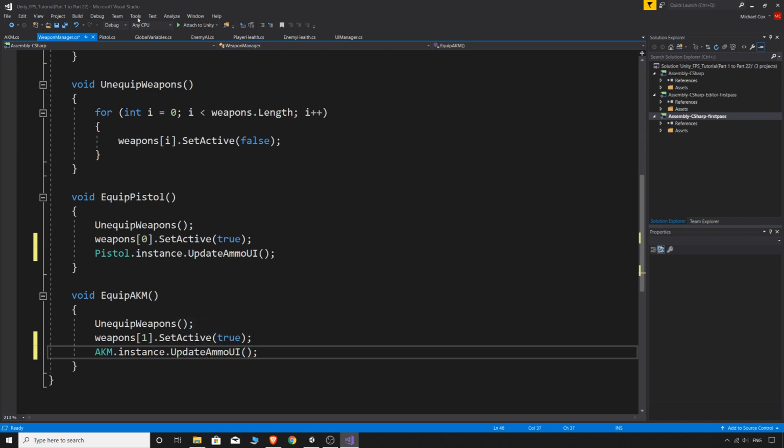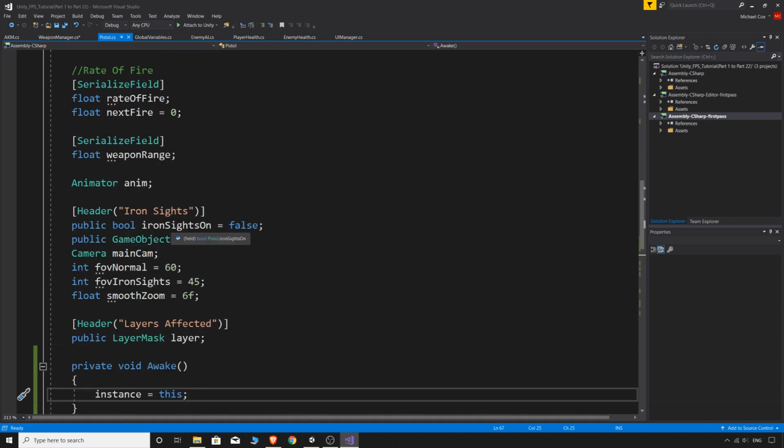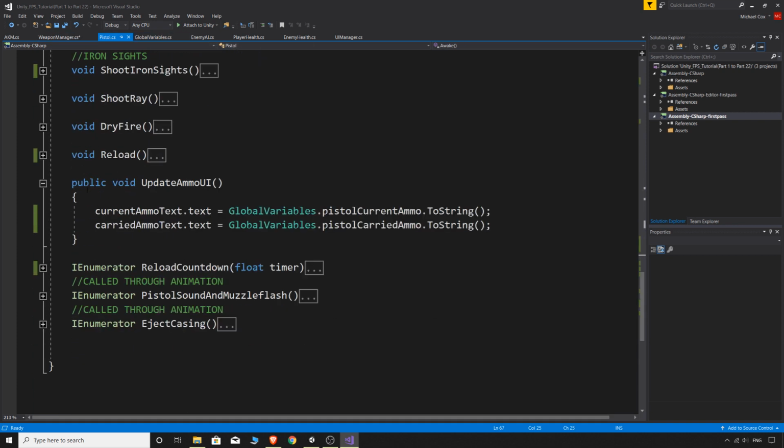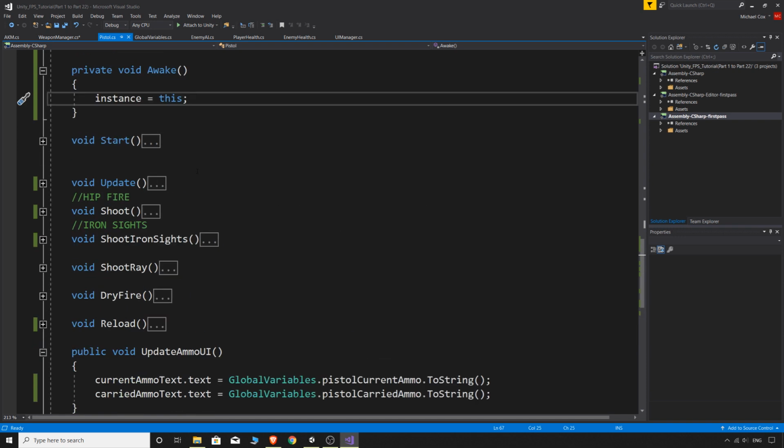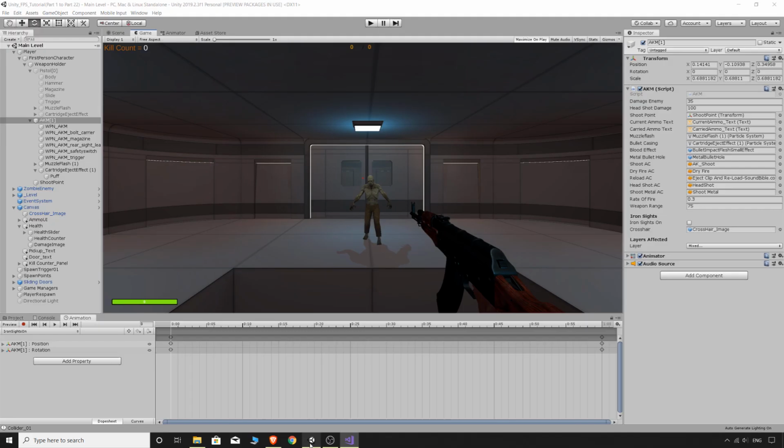So this will only work if these are public, which we have set them public, okay? So now if we save that and go back into the game,